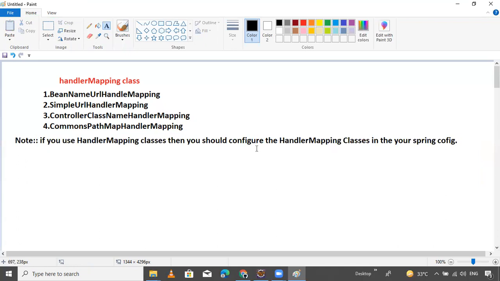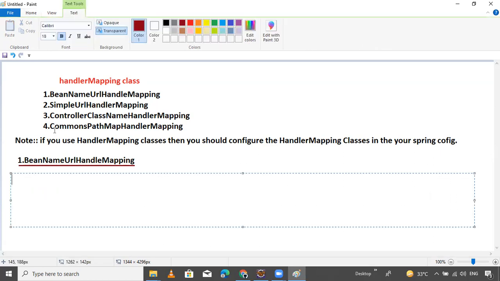So come to the first part in Spring: BeanNameUrlHandlerMapping. What is the meaning? Let's understand, guys. Write down with me.